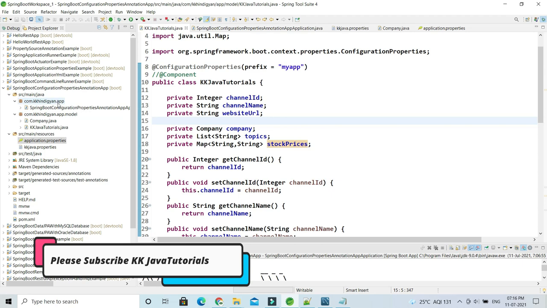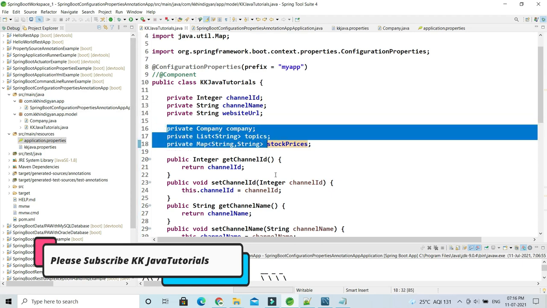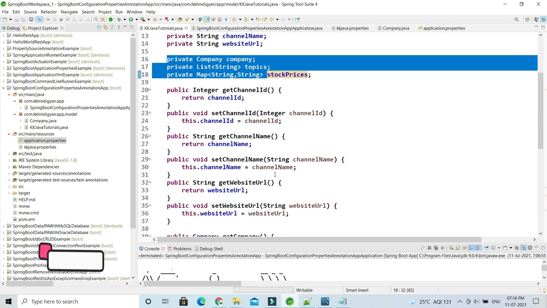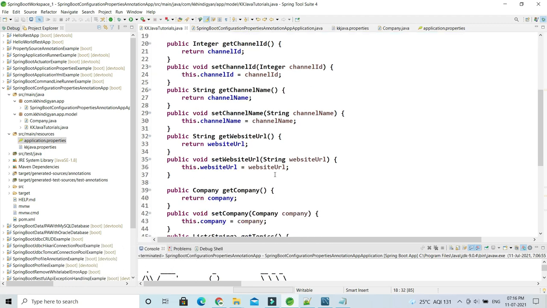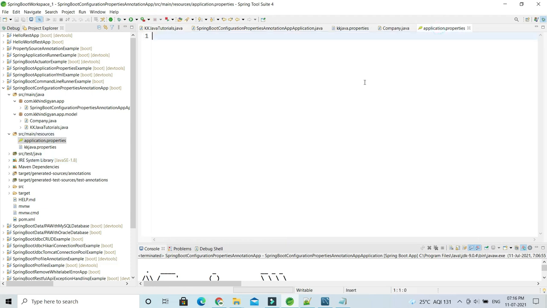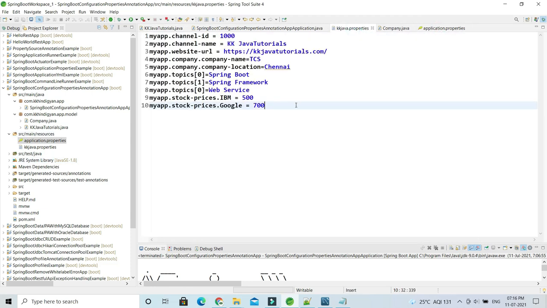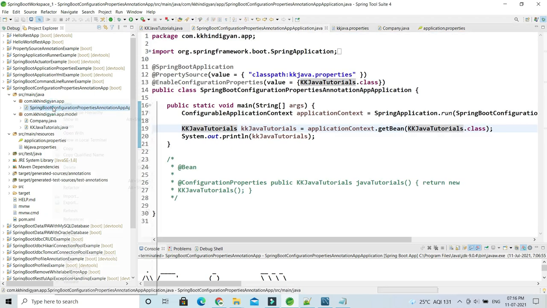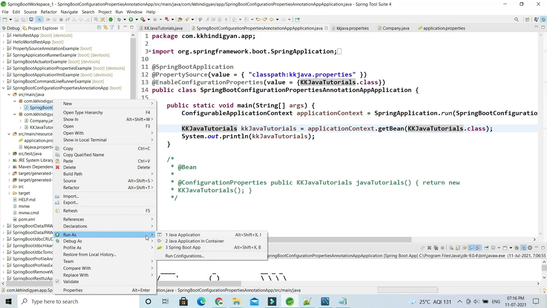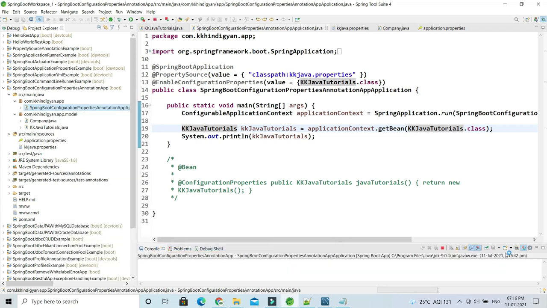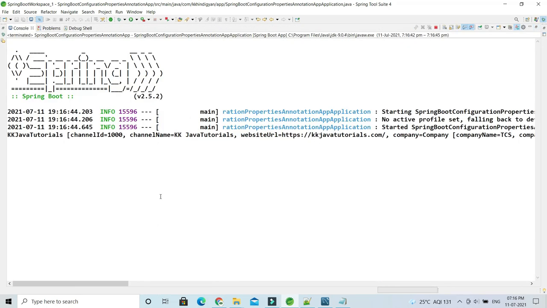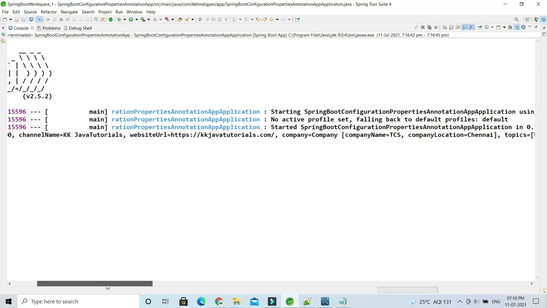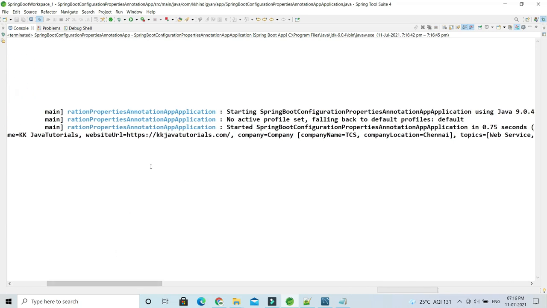Now there is nothing more I have to do. I have just declared them over here, and the setter method you have to declare first of all. I have declared the getter, but the setter is a must, the getter is optional. And simply you have to initialize all those properties in your custom property. That's how we can externalize these properties, and the rest of the code would be the same, guys. If I run it as a Java application, a Spring Boot application, then these properties have to be initialized, right? So it is printing in one line, right?